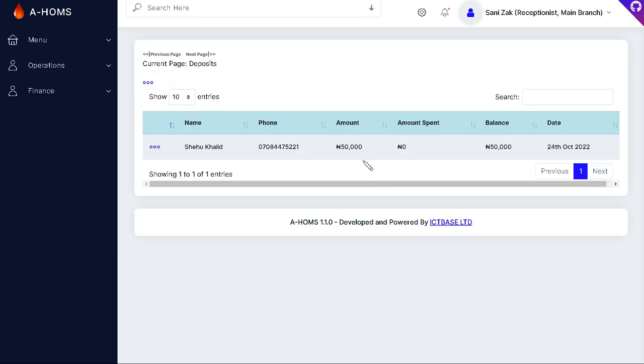So once you do it like this, this is what happens. Every day the system will automatically book this person in. You have already set a price tag. If you want to do it manually, you can just go here and click on book customer from deposit. Let's say this person now, I want to book him from deposit. So I click here,